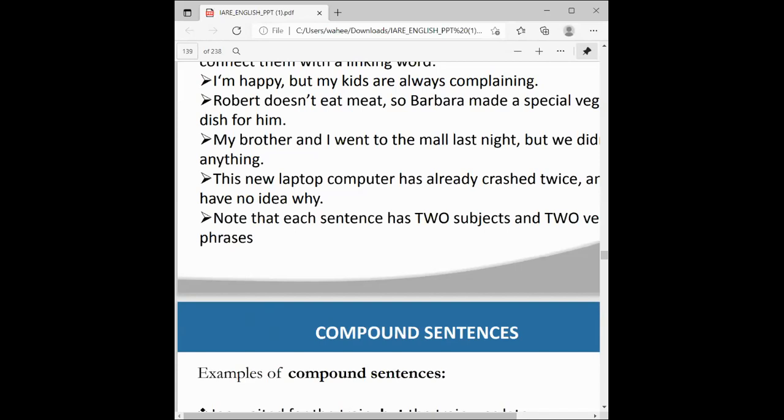I am happy even though I do not make much money. We can define a complex sentence by this same statement. How do we elaborate on that? The complete complex sentence becomes like this: I am happy even though I do not make much money. In the compound sentence, we had, but my kids are always complaining. Here we are having one independent clause and another